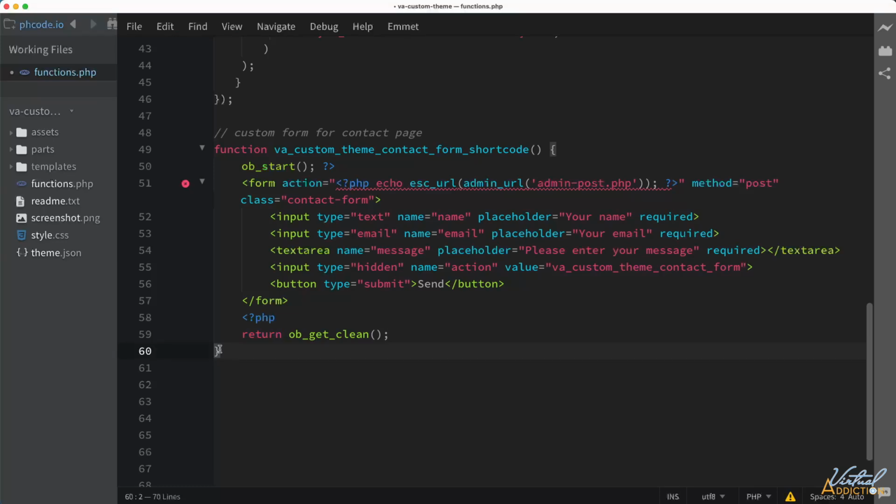After my closing curly brace for the function, I'm going to use add_shortcode, and then we're going to pass in the parameters of va_contact_form and va_custom_theme_contact_form_shortcode. The va_contact_form parameter is registering the shortcode within WordPress. Anytime we use va_contact_form in a post, a page, or the block editor, this function will run and